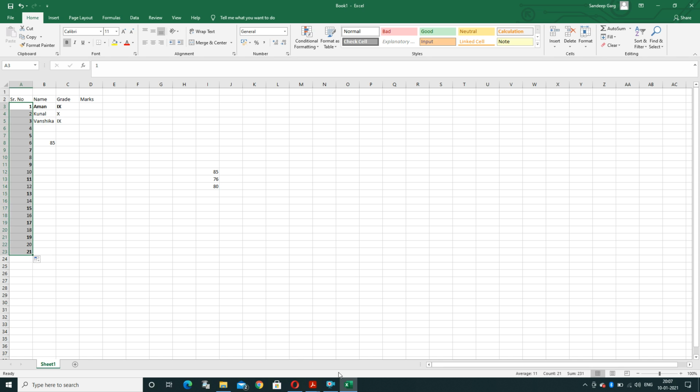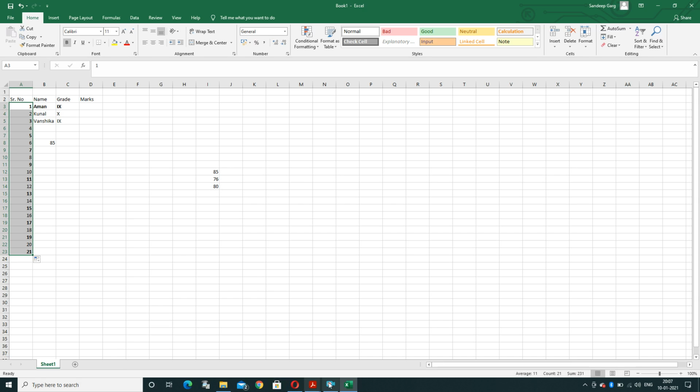It is your autofill option. What happens? Suppose in a class 50 students are there, we need not type all the roll numbers. We can type only the first two roll numbers, 1 and 2. The rest will all be filled by default using the autofill option. Next,